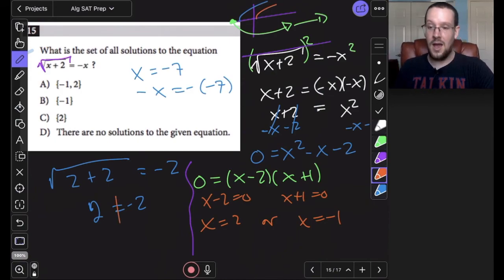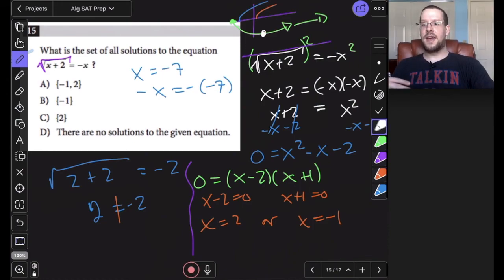What is this graph? Oh, this one probably has an asymptote right here, or it's empty. The moral of the story is that whenever you see these square roots, you have to check your answers, and it's annoying. I totally understand, but that's why it's so crucial that when you have those easy problems, you notice right away,